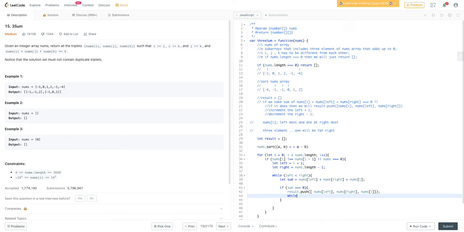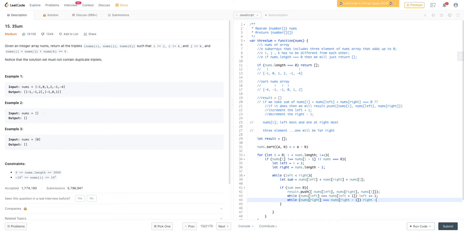So what we have to do is say while nums at left equals nums at left plus 1, then we would increment the left. While nums at right equals nums at right minus 1,